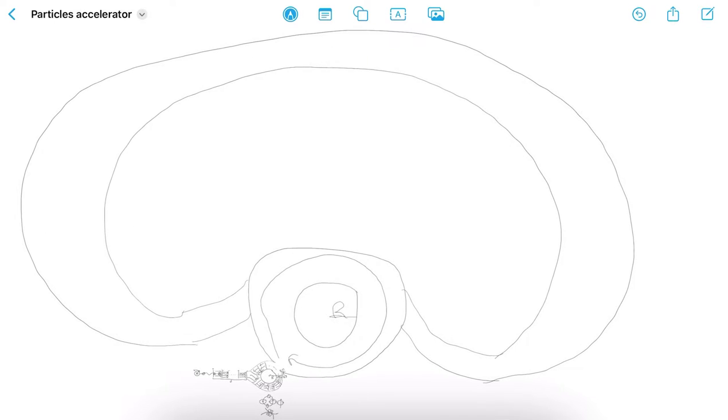When the protons are traveling inside this loop, as in any loop, there is a maximum speed that they can reach, for the reason presented before. So when the maximum speed is reached in this loop,